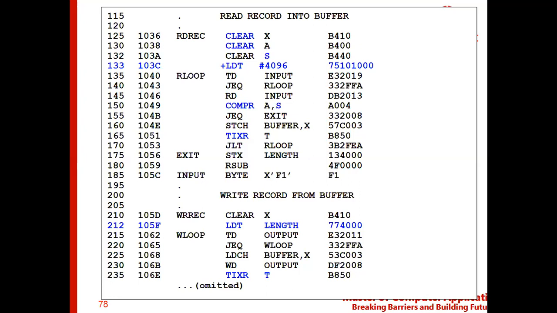So if you take 125, 130, 132, all of these instructions follow format 2. And if you take line number 133, it is format 4, and again it follows immediate addressing. So the constant, whatever is mentioned, will be the address actually.